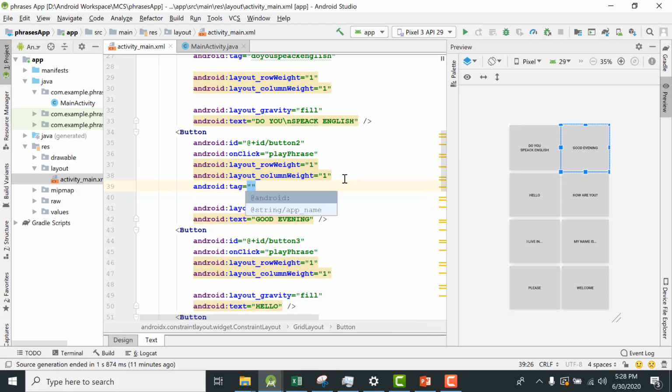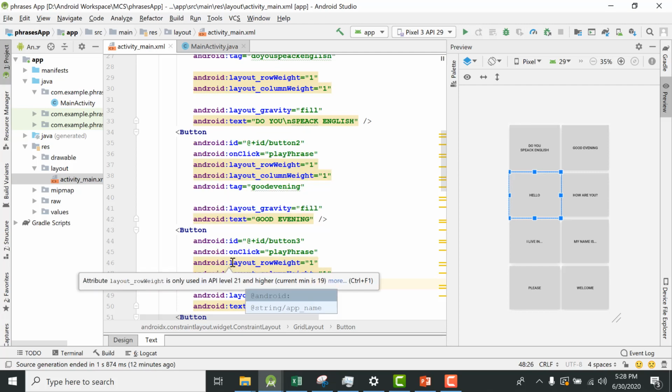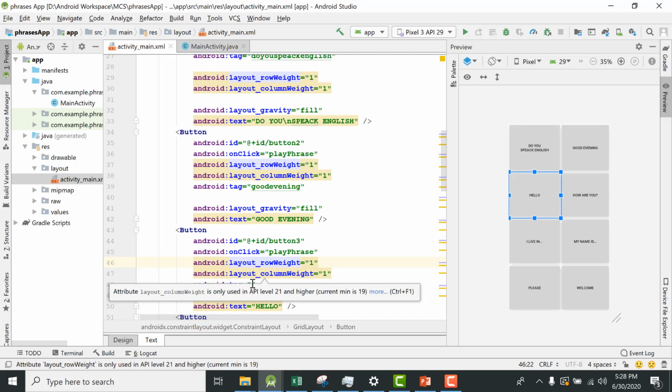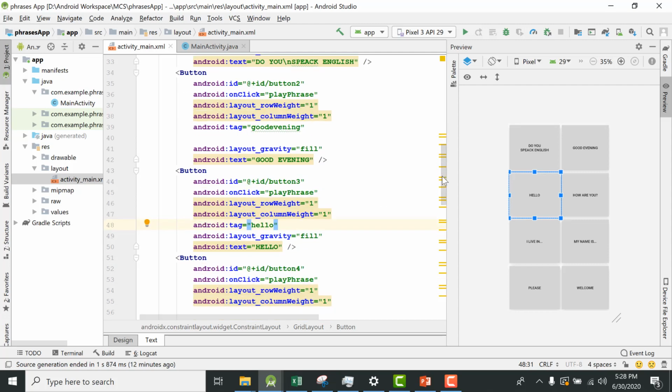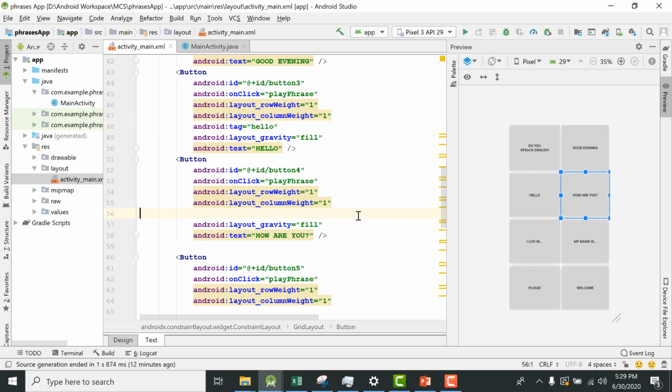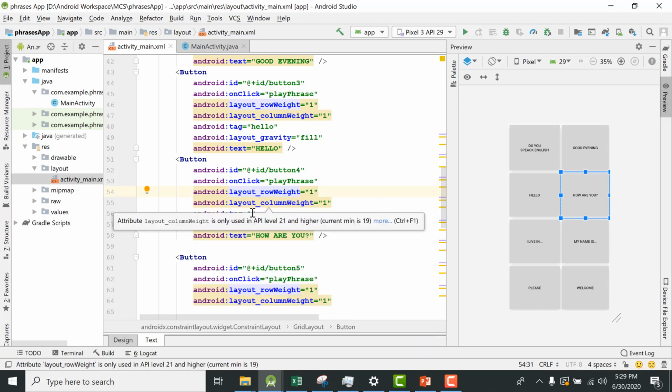The tag for the second button is good evening. Similarly, the tag for the third button is hello. Let us move on and add more tags to our buttons. And it says how are you?